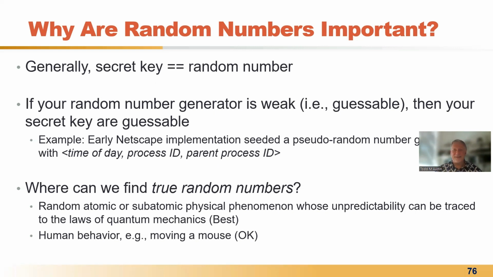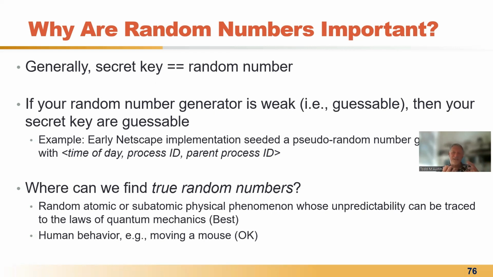Now you can look back at many disasters in the world of random number generation. You can find situations where the conditions of the system do give you information about the random number that was generated. A great example is early versions of the Netscape browser. If you're old like me, you probably remember Netscape was the predecessor to the Mozilla browser. The way they generated random numbers is they did a pseudo-random hash of the time of day the process started, the process ID, and the parent process ID. And so if you knew roughly when that process started, which you could see by how long a process has been running,